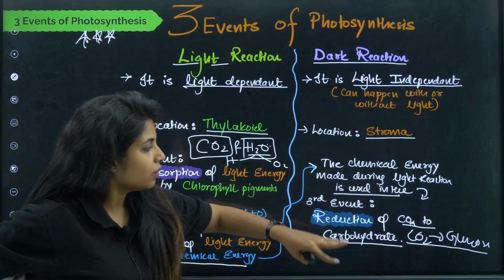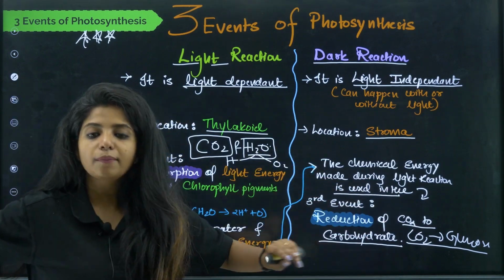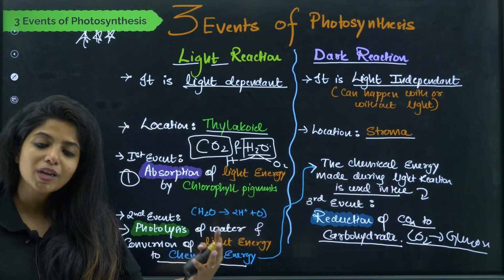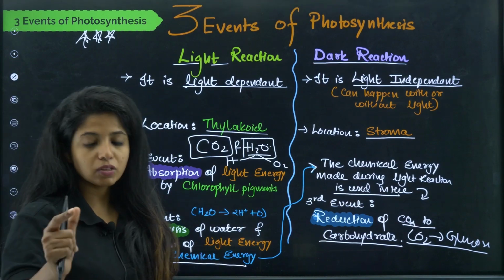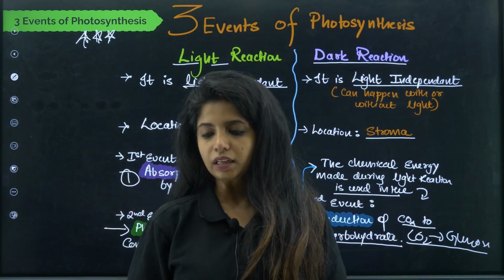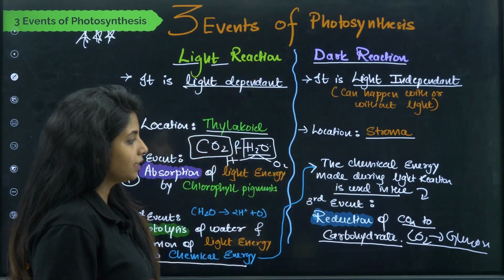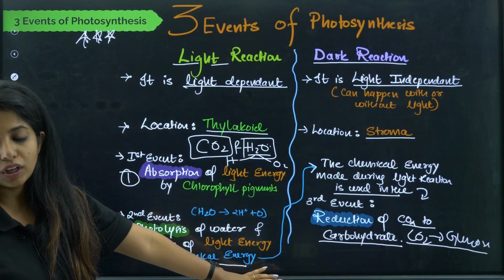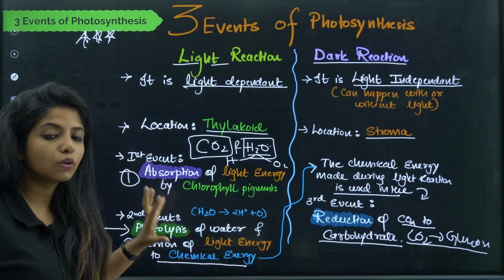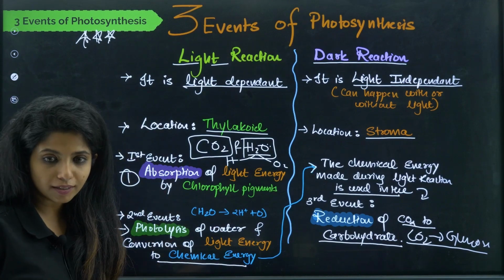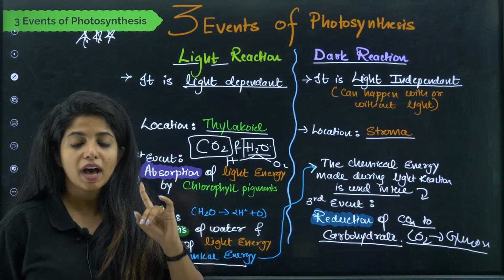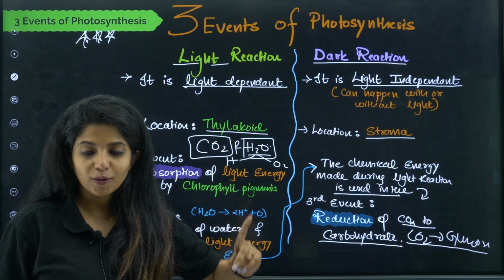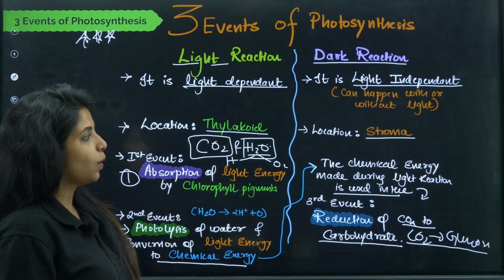Because over here, for reduction of carbon dioxide to carbohydrate, you need energy. Where do you get it from? Nowhere. So which is why it is very much important. Got it? Okay, done. So will you remember the three events over here? The three events which are mentioned over here, will you remember it, or do you think that you might forget things? Well, you should not be forgetting things. You have to remember it anyhow. Okay, works? Now, going ahead,